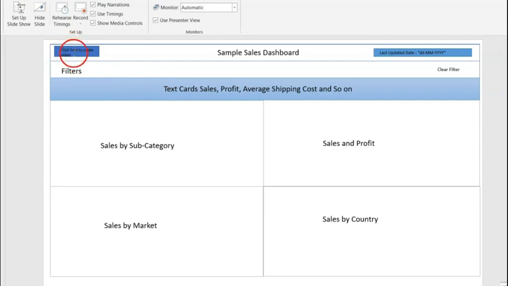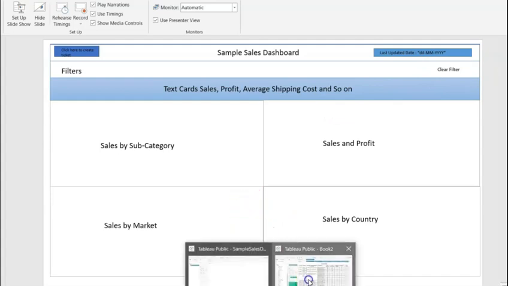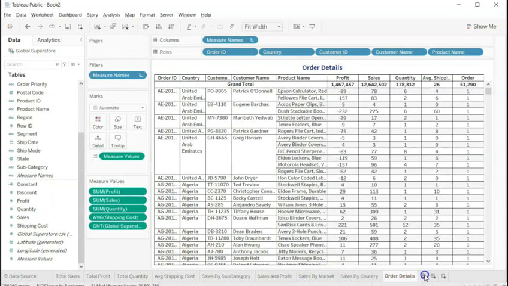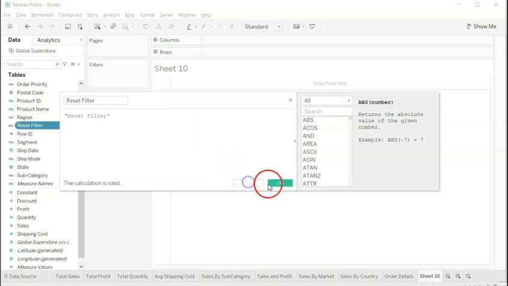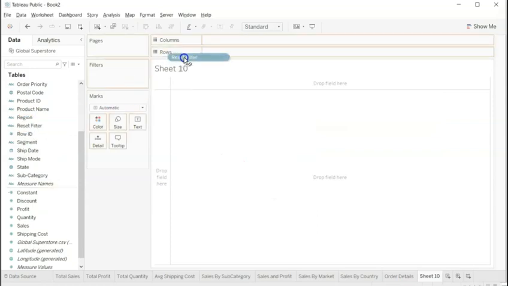Now the remaining charts are this one and last updated date and the clear filter. So let's start with the clear filter or reset filter. So you can just open new chart and then create a calculated field and say reset filter, and give the same name, reset filter or clear filter. Apply and just